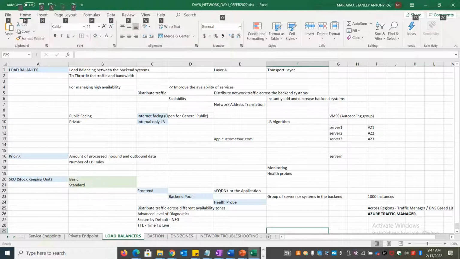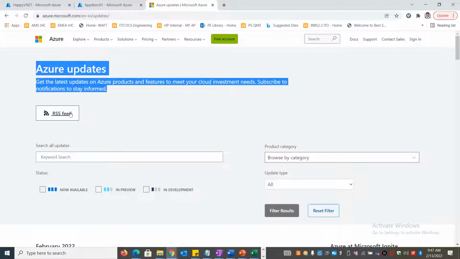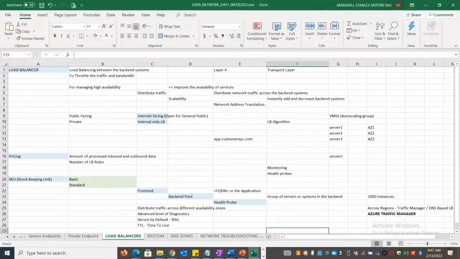So there are a lot of changes happening, and you need to stay updated. Subscribe for the updates, and enable the RSS feed to your email address or, if you have a GitHub account or some specific account, you can enable it and get those feeds. And the other thing that you can do is, if you want to stay ahead in the